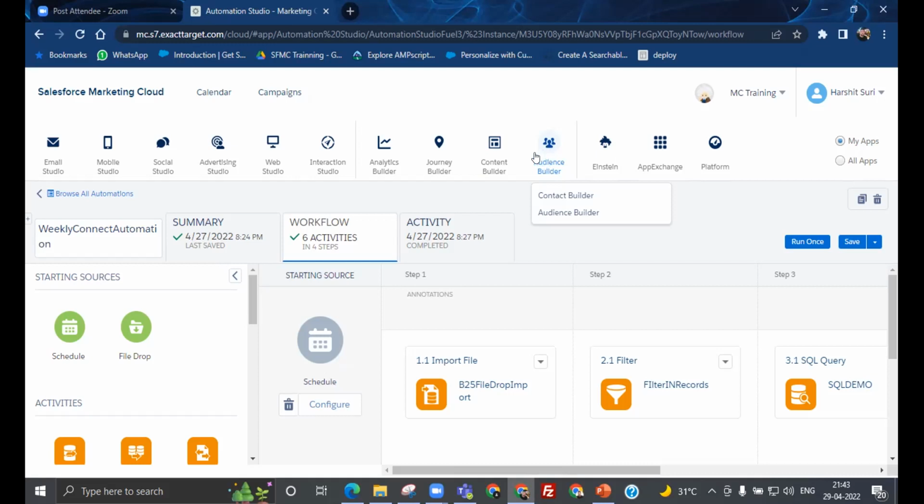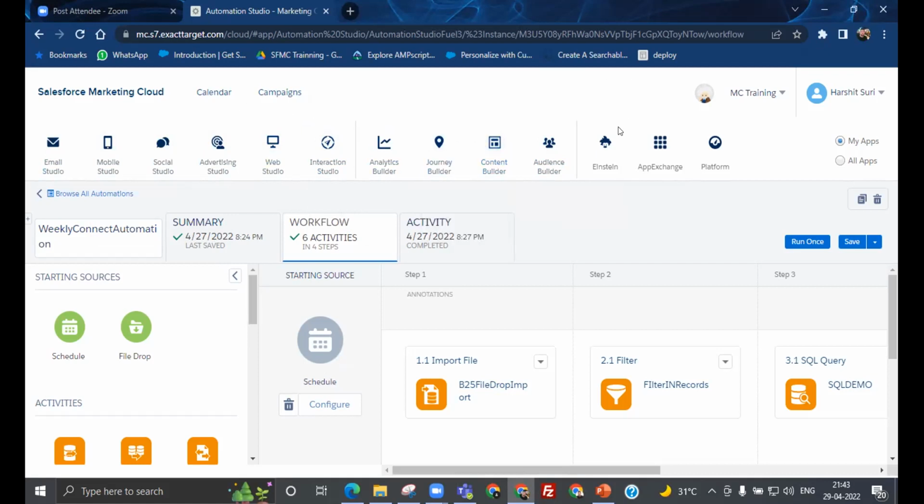So guys, the first and foremost thing is the data which you have to store, the data model which you have to create, that you will be able to do with the Content Builder, Audience Builder. So we will see everything into details when we implement Salesforce Marketing Cloud. Marketing Cloud is divided into studios and builders. Studios are the channels which you can use to reach your customers. Builders are the platform tools which will help you to define data-driven marketing automation strategies.